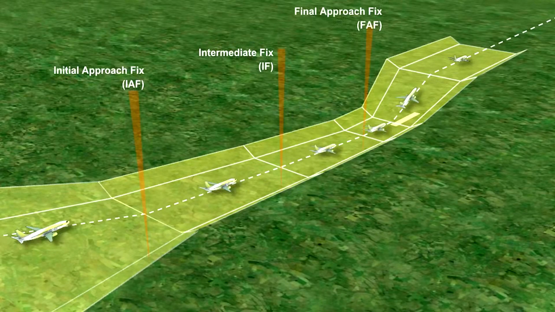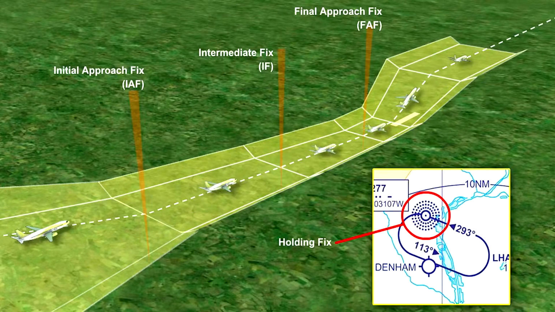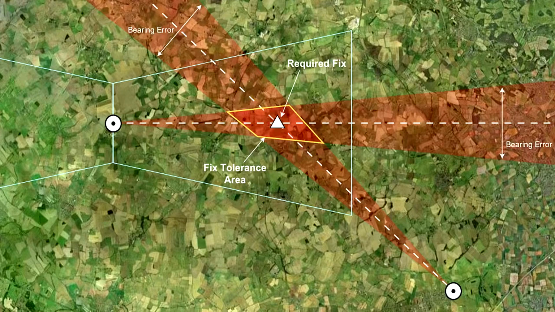For a non-precision approach with a final approach fix, FAF, 75 meters, 247 feet of MOC is guaranteed. In the primary area, without an FAF, 90 meters, 295 feet is guaranteed. The MOC is provided for the whole width of the primary area and in the secondary area, MOC is provided at the inner edges, reducing to 0 at the outer edges.